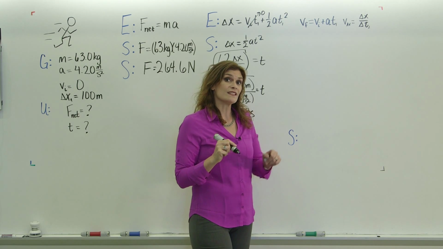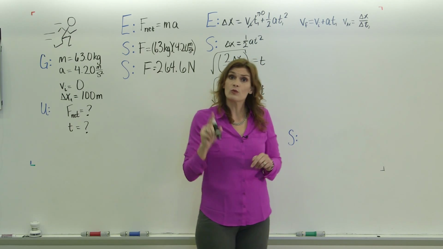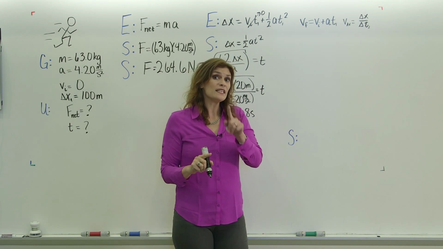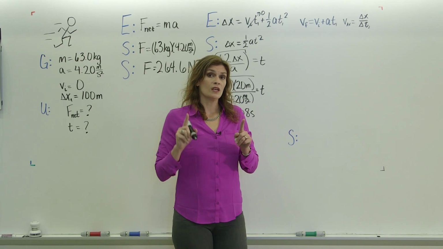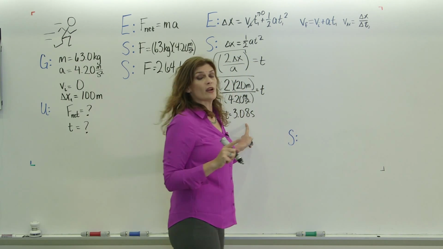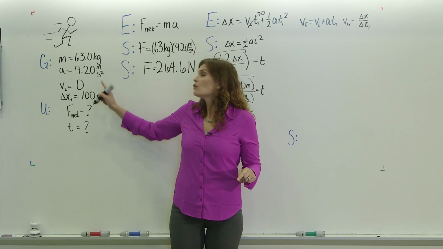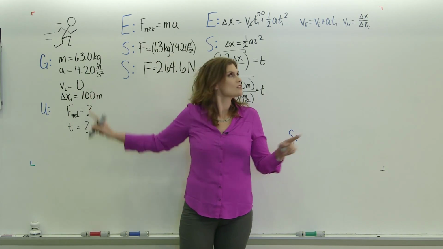Now we have to calculate the time that it takes him to go the rest of it. But in order to find that, we know he's not accelerating, but we need to know what his velocity is. If he's accelerated for 3.08 seconds, and we know his acceleration was 4.20 meters per second squared, we can use